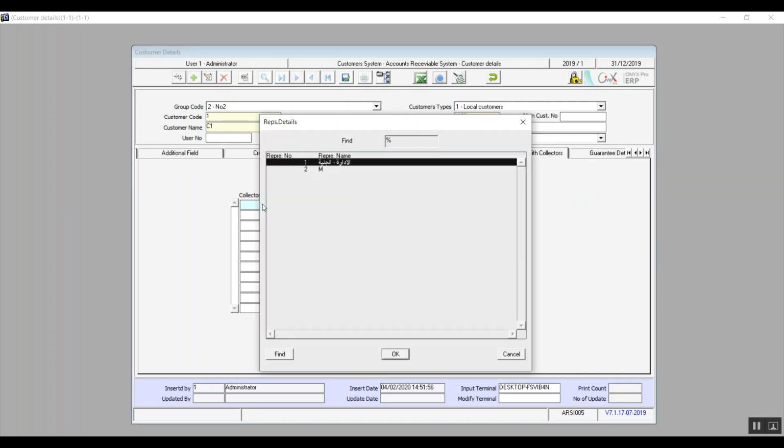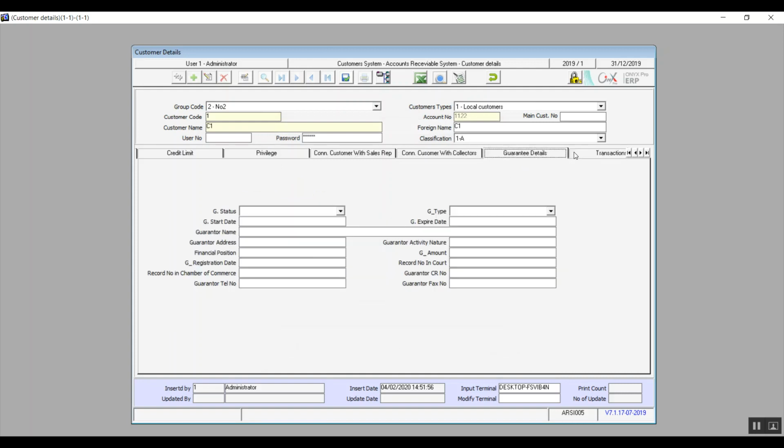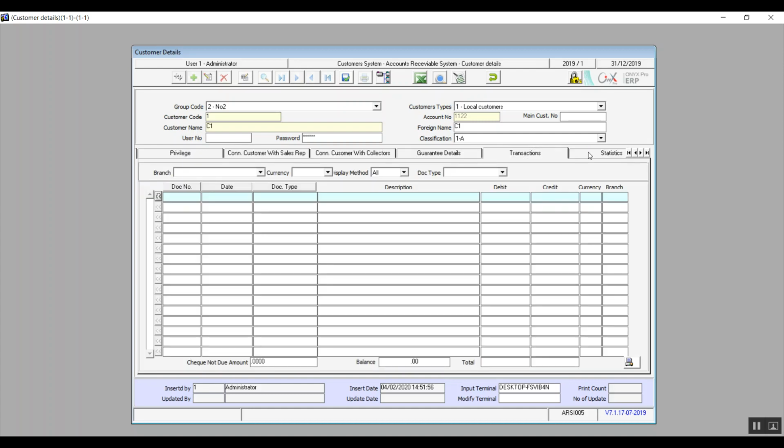Next tab is guarantee details. Alright, so in case this customer is also our agent, then clearly you will need some sort of guarantee. You will enter the details of this guarantee right here. Then we have the tab Transactions.